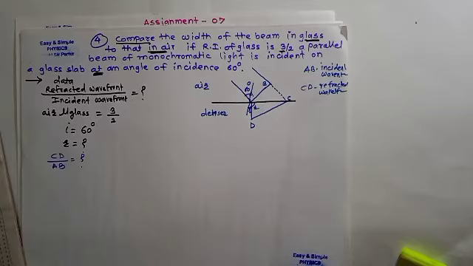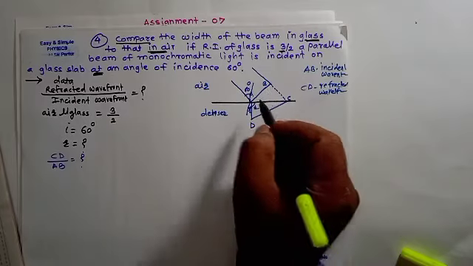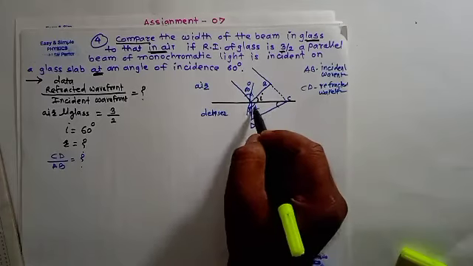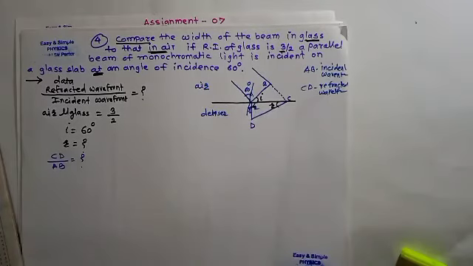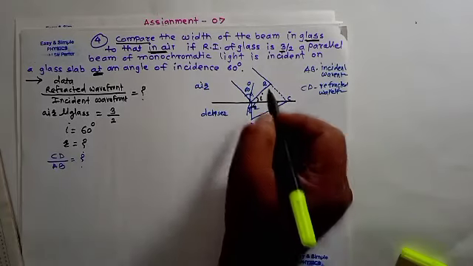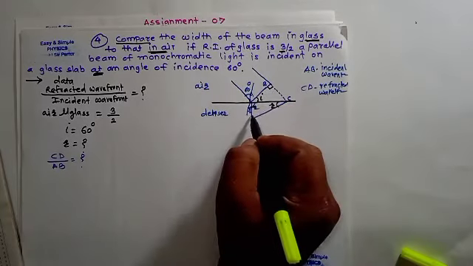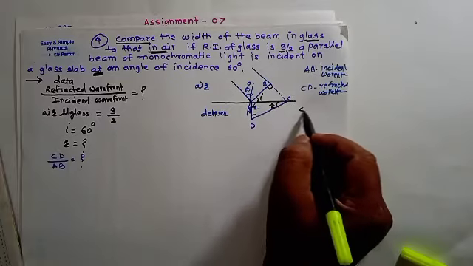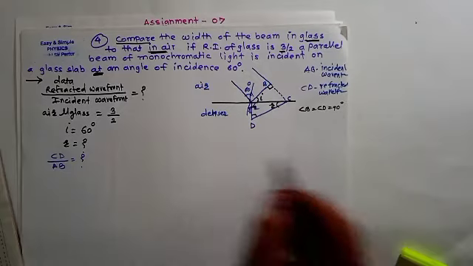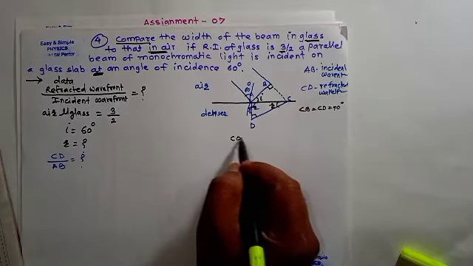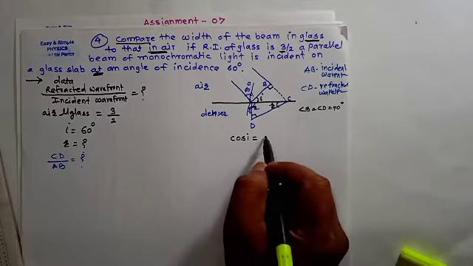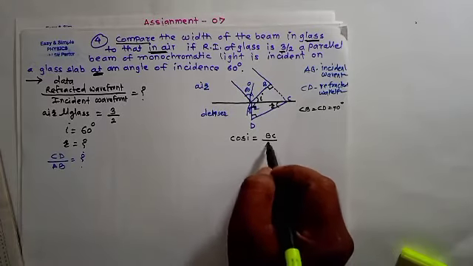But see here, I will be the angle of incidence and R will be the angle of refraction. So by using angle B and angle D equal to 90 degrees, here cos of I is equal to BC upon AC,